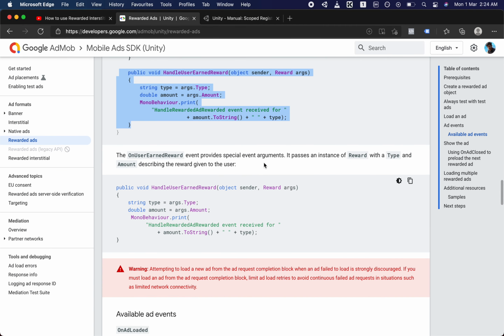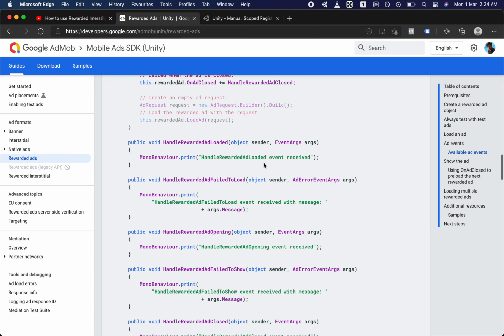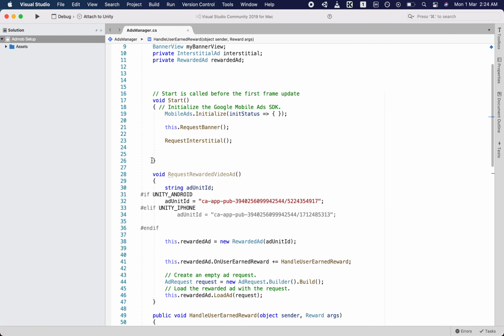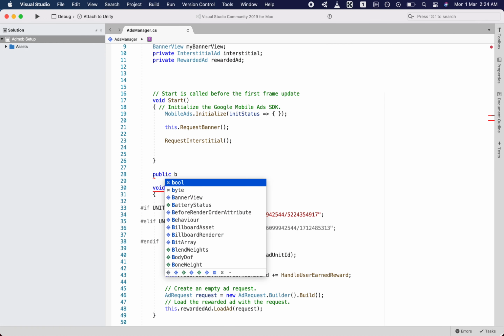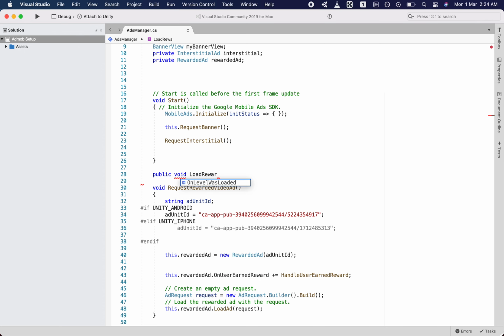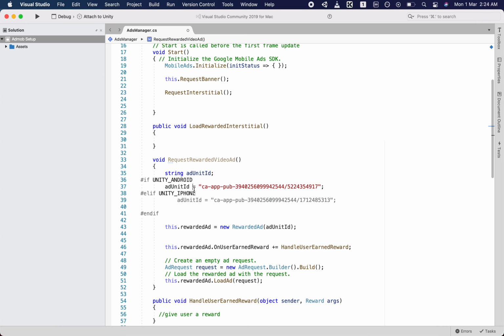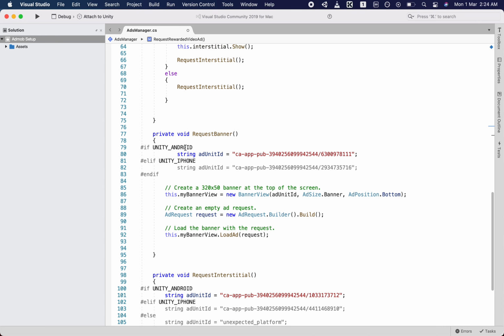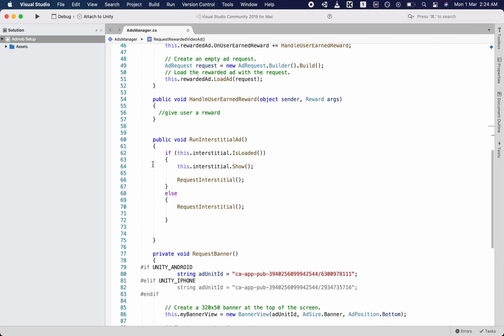Now let's call this ad. To call that ad, go to public void LoadRewardedInterstitial. Here we need to load, and to load we will do the same thing we did for the interstitial.